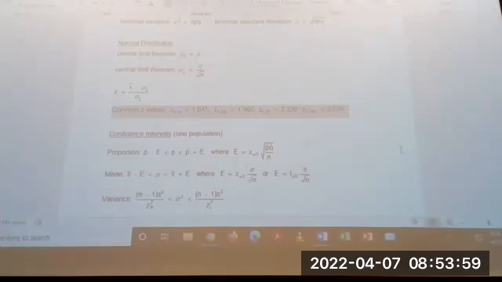Now, remember the two issues, time and money. Opinion polls don't cost much money, but often they're time sensitive. Like we said, if it's an election, it's probably time sensitive. I can't wait three months after the election to collect my data. I kind of have to do it now if I want to get the information out there. If the election's next week, I need the information out there right now. So elections tend to be time sensitive. If it's an opinion poll about student life on campus, I've got all semester to collect my data. But on opinion polls for elections, you have a very short window. Agreed? Because you can't do it after the election.